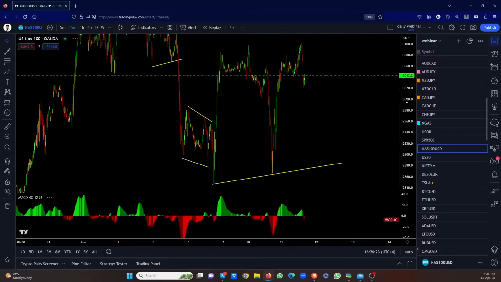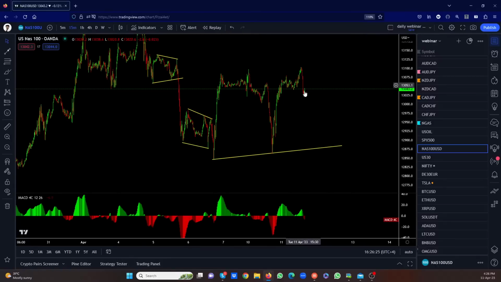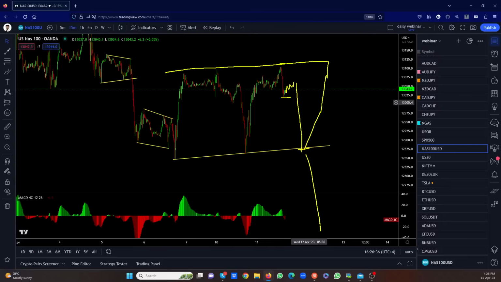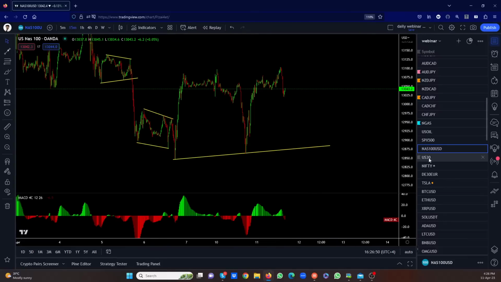Nasdaq, boom, break the top, come back. Wait for the flag, go down for this trade. Actually, it might not make a very big flag if you look at this, right? They kind of pull back and drop. So if this pulls back a little deep, go with the drop. You let it pull back some more here. Put an entry here, put a stop here, go for this trade. That's all you're going for. If you're lucky, they go through, but you're not going to get lucky because they're going to go right back to the top. Now, you might get lucky and it drops to the bottom, and good for you.